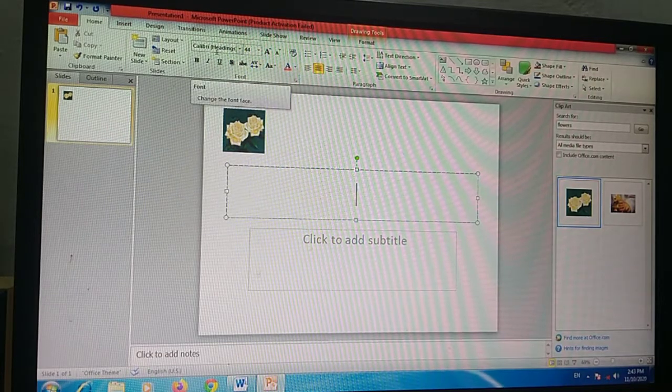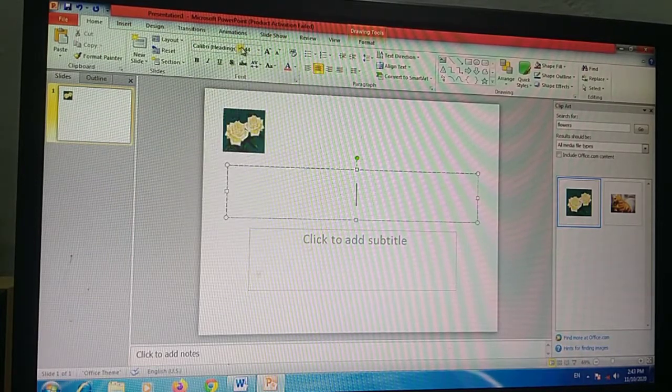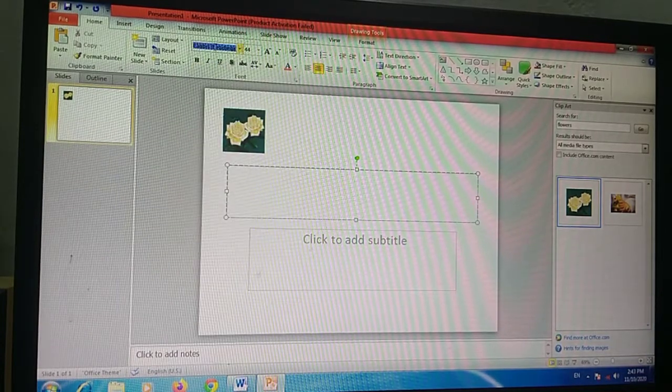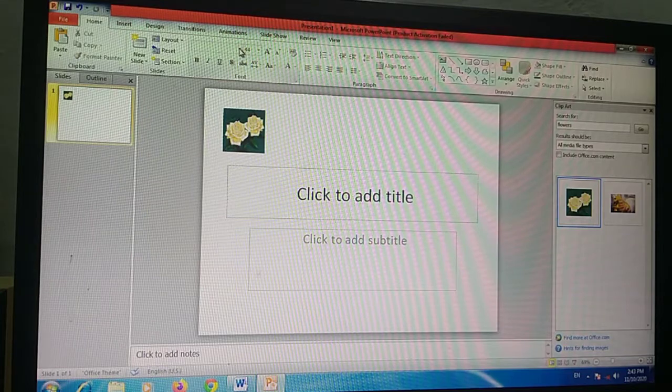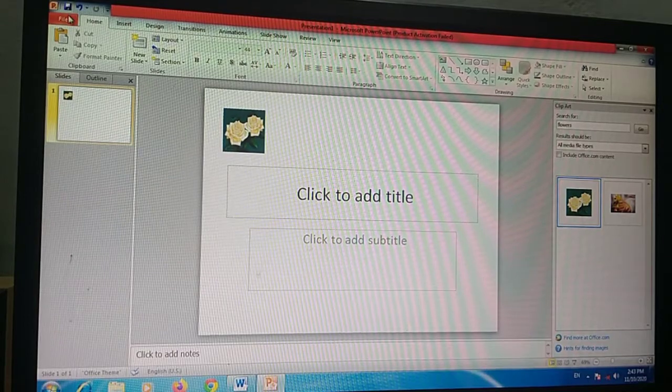This is where you select a font from the list to change. If you want to change the type of font, you can select it by clicking on this arrow here. You have to select a font from here, whatever you want to select.